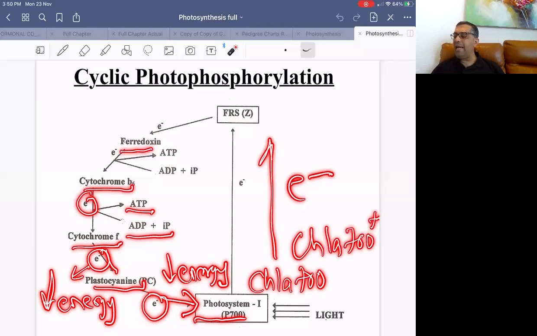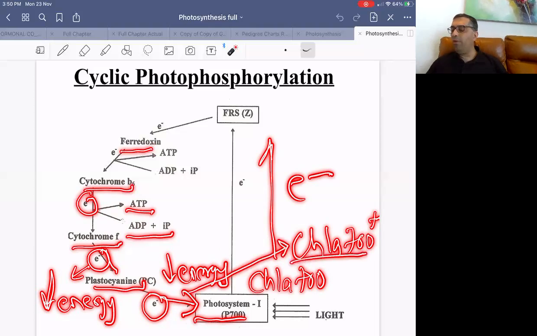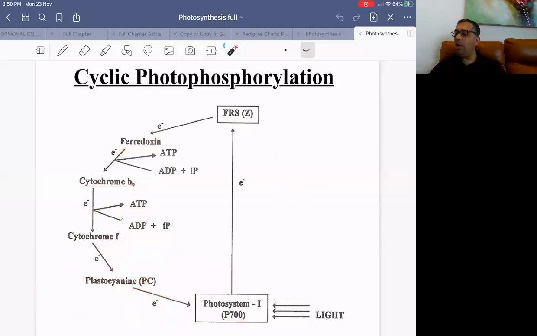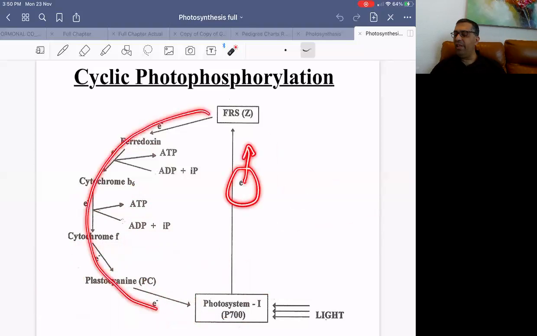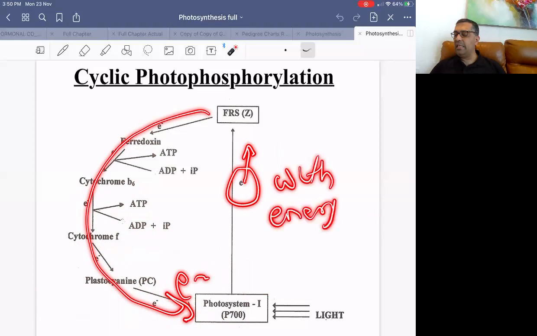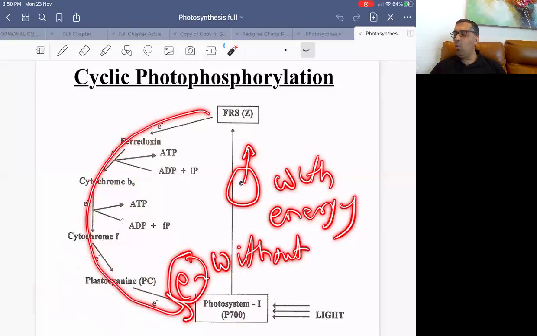On gaining back its own electron, it again becomes chlorophyll A 700, and electron went with energy, returned without energy,